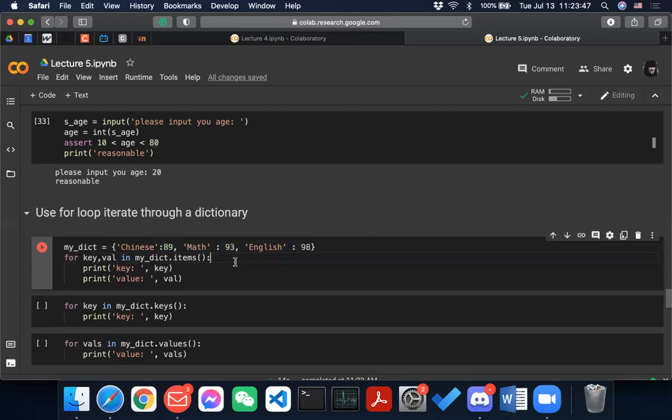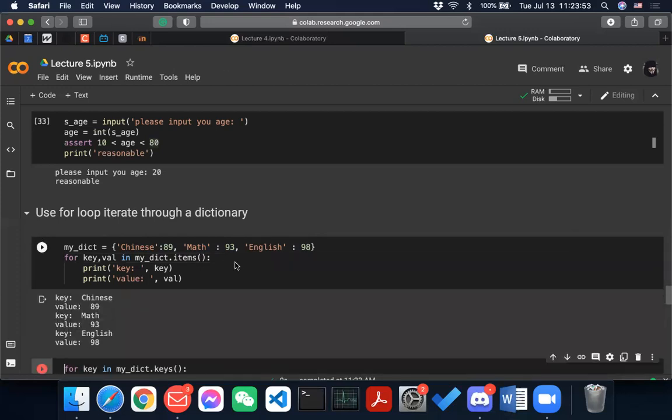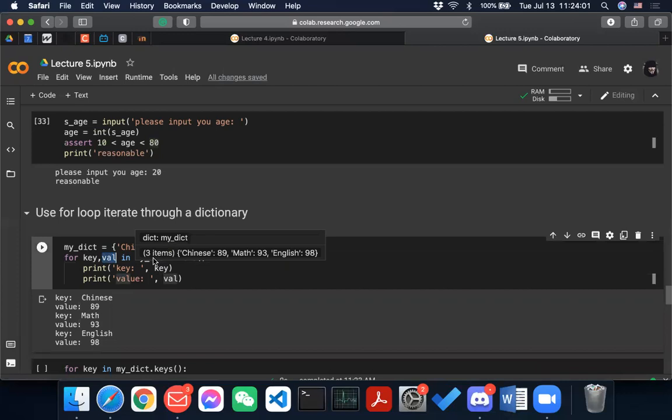This is interesting, right? This is sort of like unpacking. This is not usual in many other programming languages.